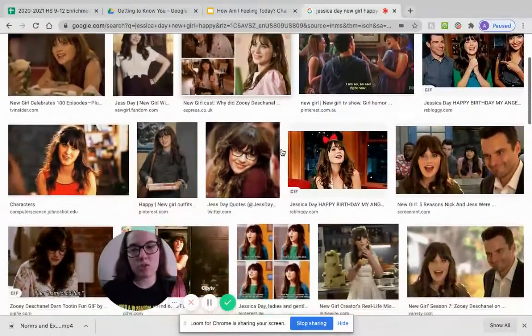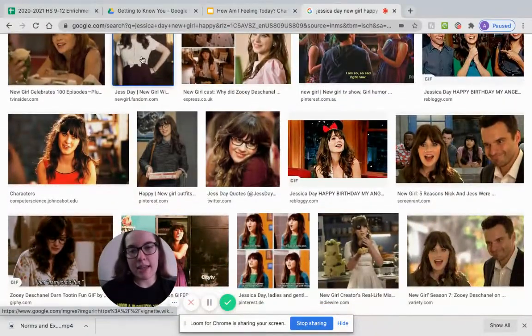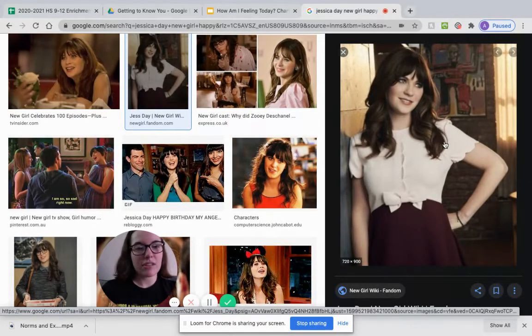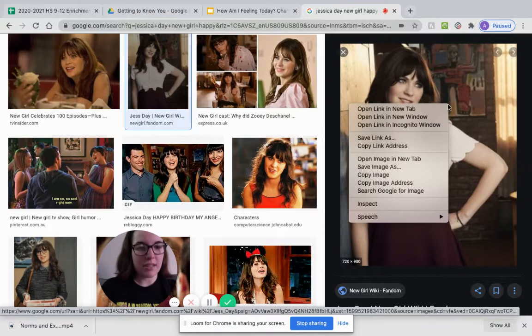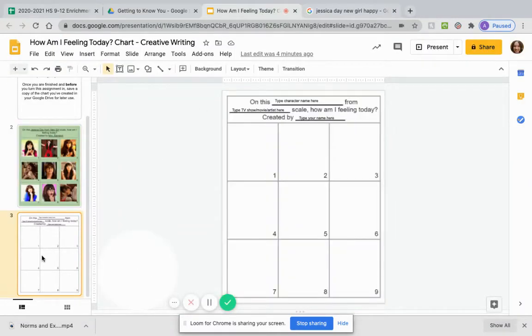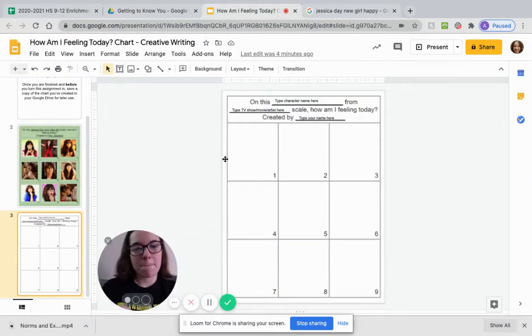So I could choose any of these, right? Let's say I chose this one. She's kind of smiling. She's generally having a good day, right? Not ecstatic, but not sad. If I wanted to choose this for my chart, I would right click and hit copy image, and then I would come back to my chart. Let's say this is the one that I'm using, and I would click here and